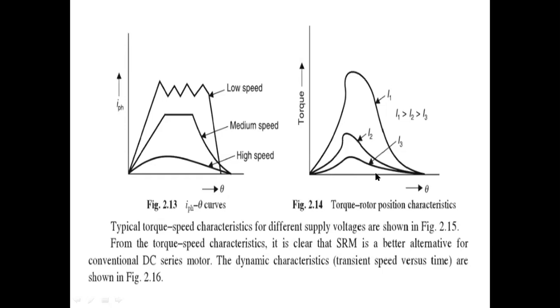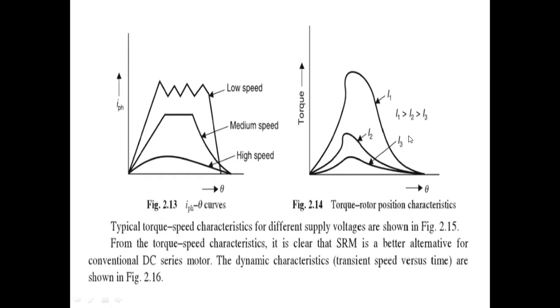Here, if you observe with respect to the theta angle, the rotor angle, the current value has been rising with the torque load on that particular motor, up to some point only. This is of course the maximum torque. After that it should be decreasing with respect to the theta value. This is also considered for high speed, medium speed, and low speed switched reluctance motors.